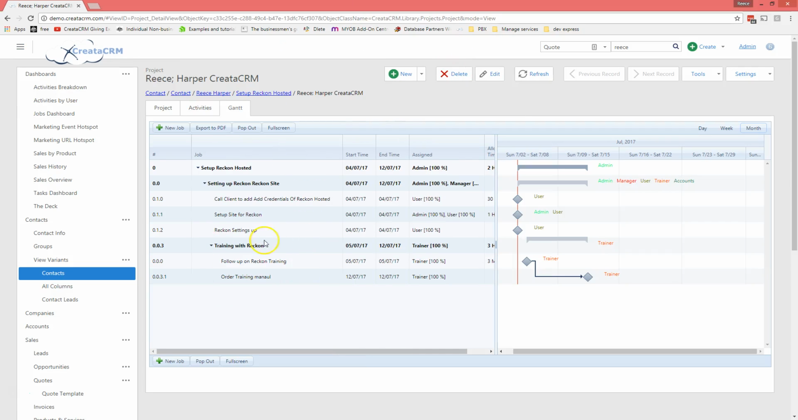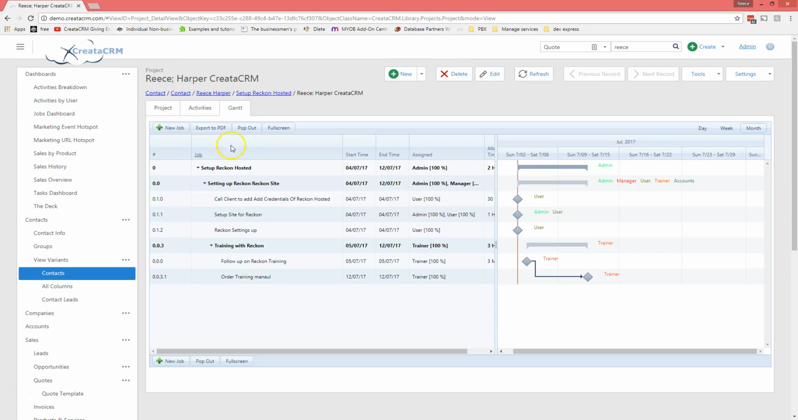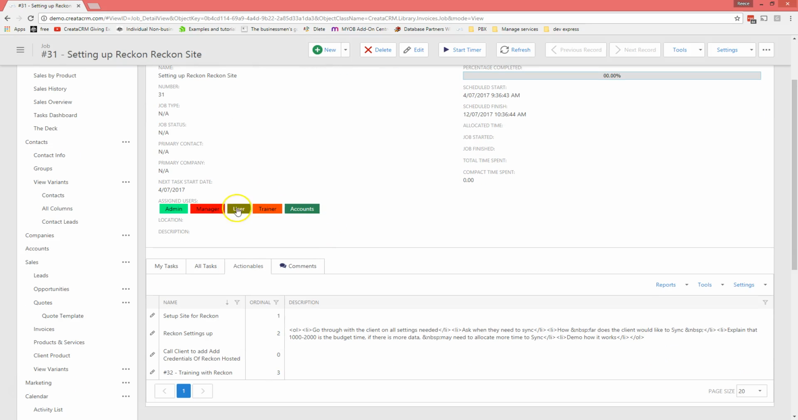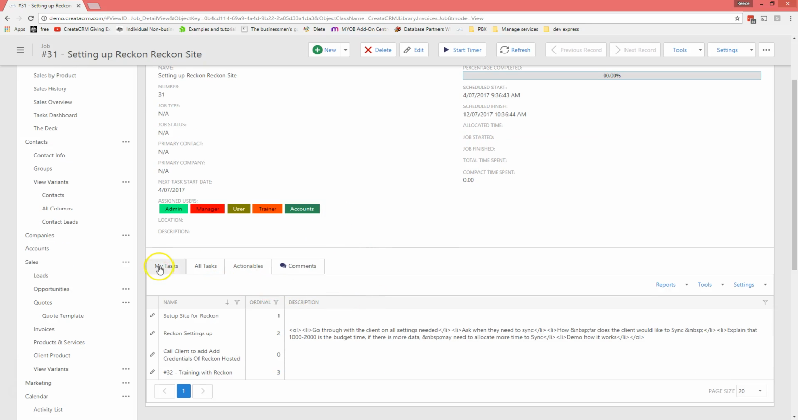So inside of Creata, simple, you'll go to that project which is in here. It has lovely Gantts in here, and you can just simply right click on this particular job itself. It was setting up Reckon itself. Now straight away it's showing you beautiful colorized of which users that have been assigned to this organization. You can click through them and see what they've got. You've got things like